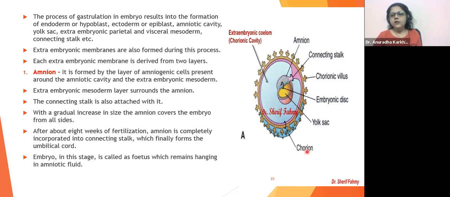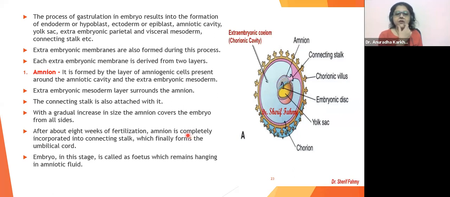Right? Now, what is this chorion? What is this amnion? I am telling you that. For now I am talking about this black color structure which is making up the surroundings. Look, this is the amnion. All of you understood where is the amnion? Any difficulty in understanding these things, beta?